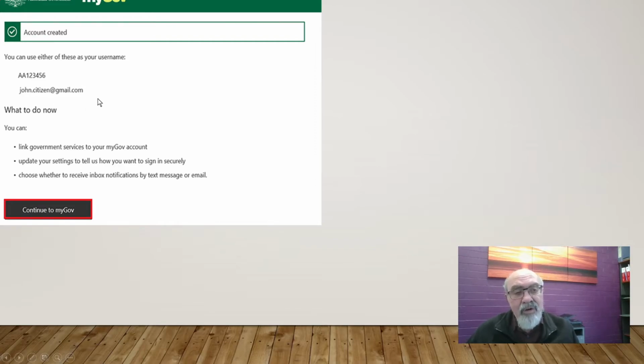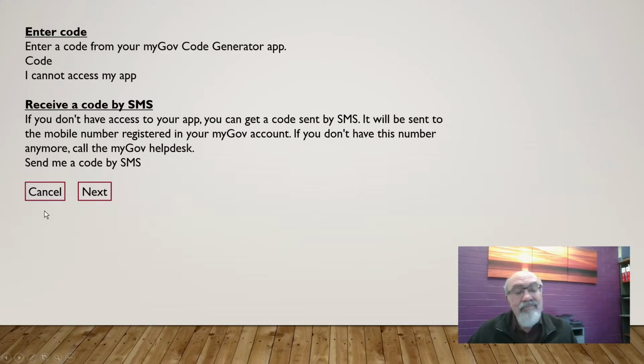So from here on, you can log in using this username or email plus your password. I wouldn't worry about this username. As long as you always remember your email and the password you had created, you will always be able to log in. So what you'll do is we continue to MyGov, but before we can get into MyGov, after you